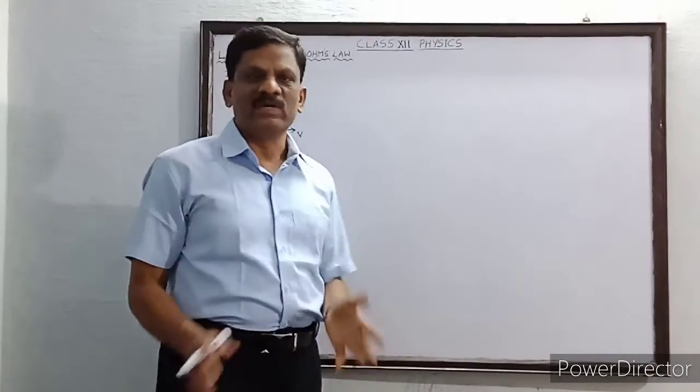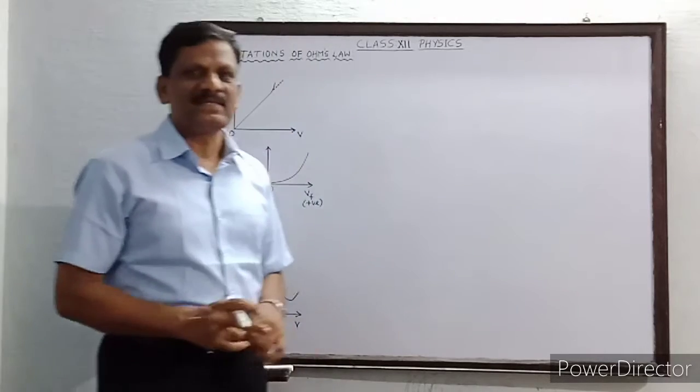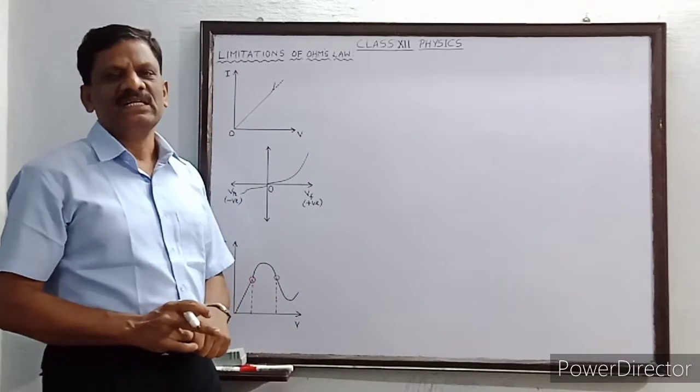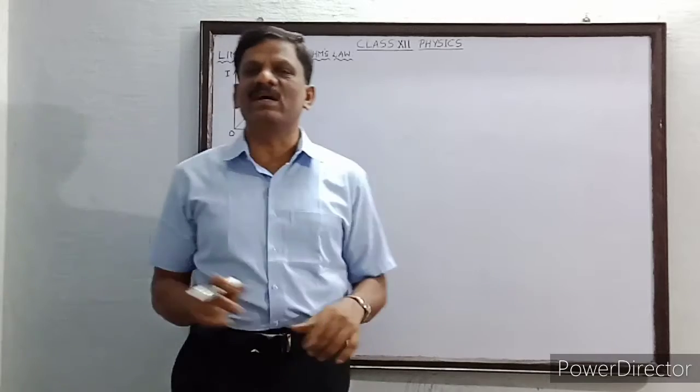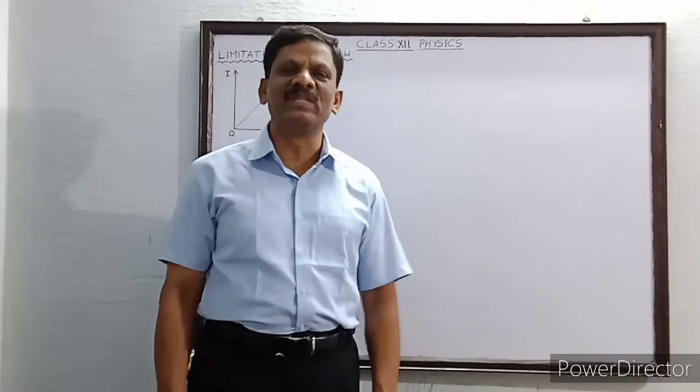Today we are going to discuss the limitations of Ohm's law. Already we have discussed what is Ohm's law. The statement of Ohm's law goes like this: at constant temperature, the potential difference V across the two ends of a conductor is directly proportional to the current